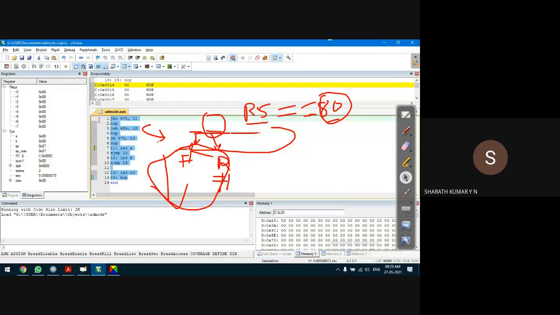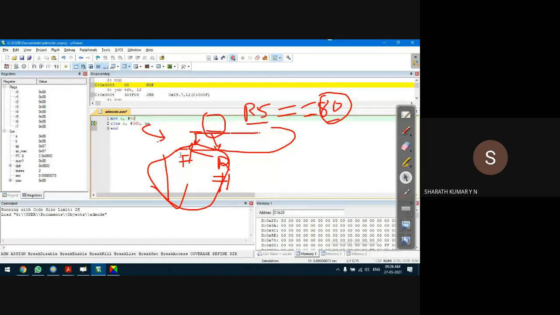Yes, I'll delete this program. It's very simple. CJNE, let us say I'll use the accumulator, A comma hash 06H, go to NE, not equal. Before that I need to set the accumulator to some data. Let me take some equal data to start with: MOV A comma hash 06H.